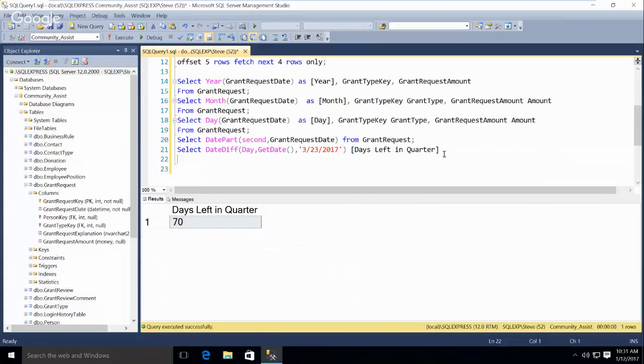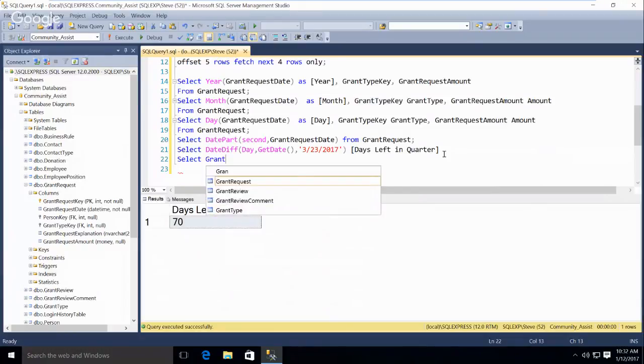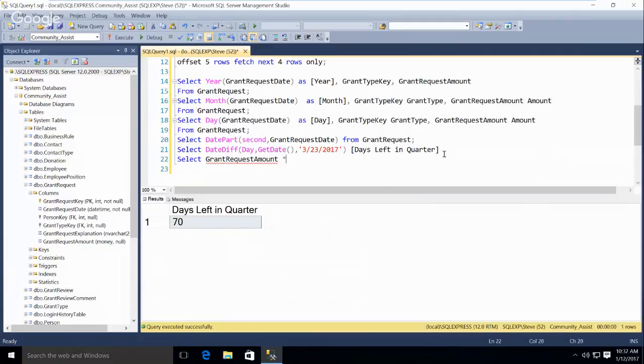Just to do some arbitrary math, let's select the grant request amount from donation. Let's do a donation amount, so I can do something that kind of makes sense there.